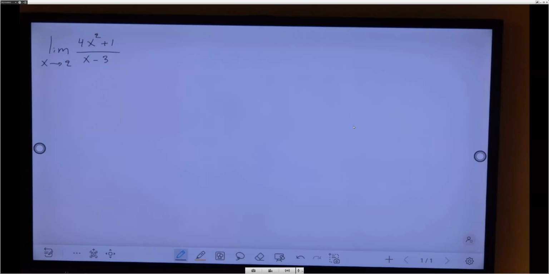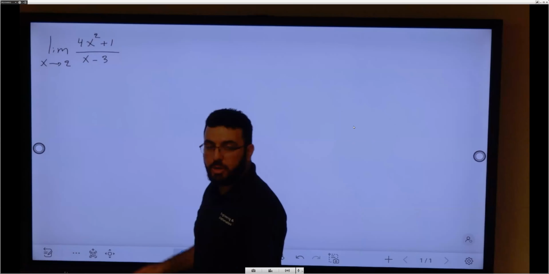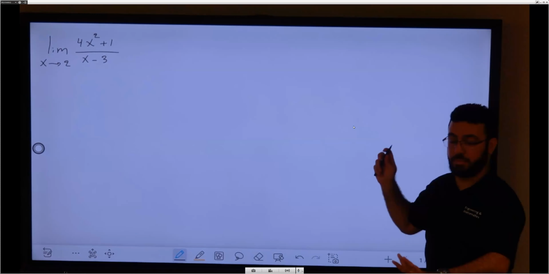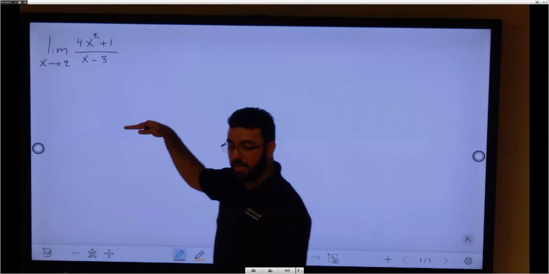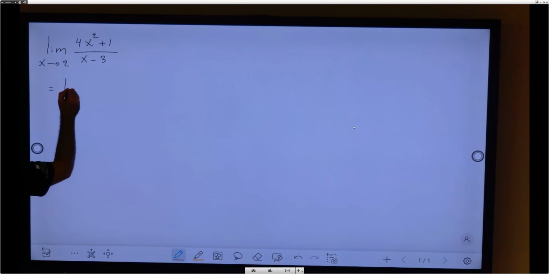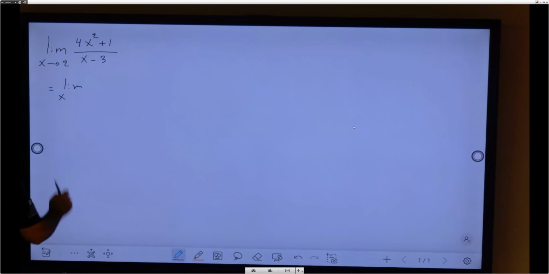Now, if you look at this example, I'm going to ask you, is that polynomial? Yes. But it's rational. That means the top part is polynomial and the bottom part is polynomial, right? So to solve it, can I use rule number 3? I need to find the limit for 2 functions, f of x divided by g of x, which is going to be the same thing, finding the limit when x